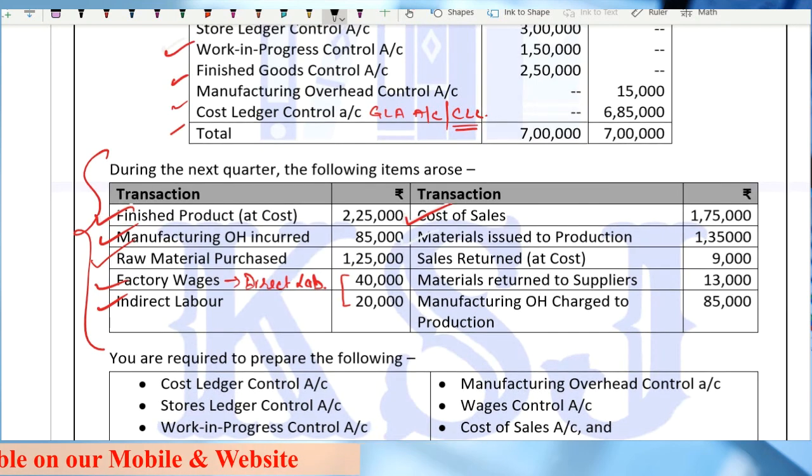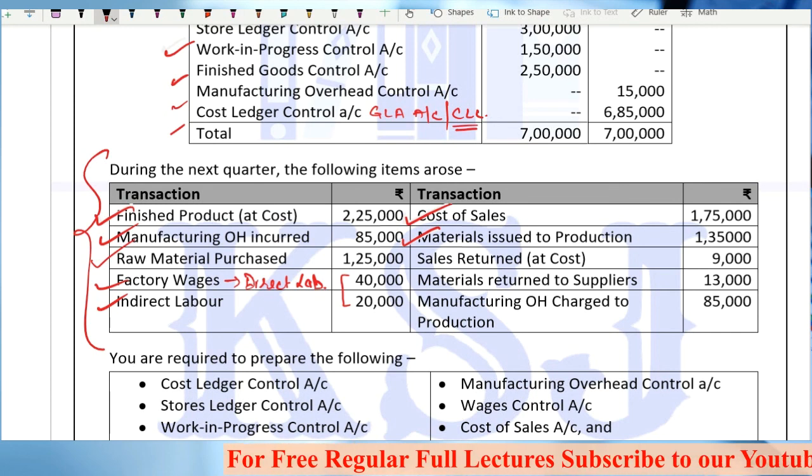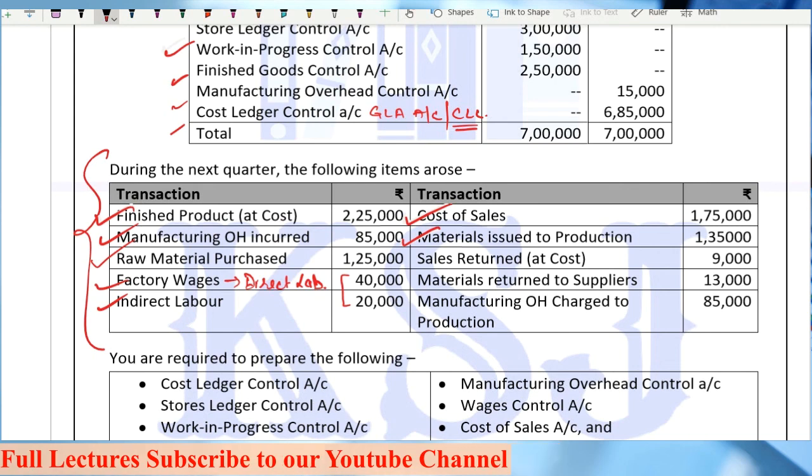Next entry. So that is why, sir, if you are clear with the journal entries, if you have the journal entries set in your mind, and if you are able to grasp immediately what this point means to say and what will be the journal entry, right? If you have understood the concept, then this is a very simple question.